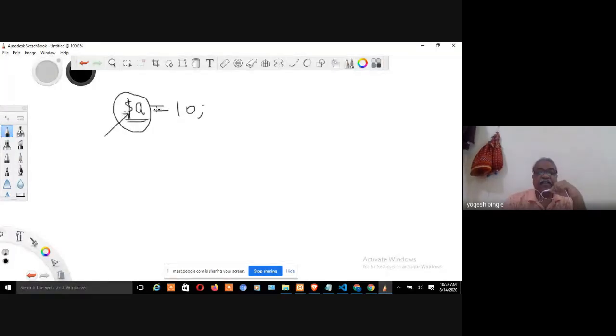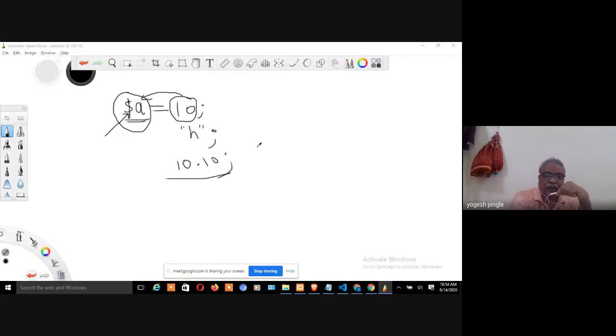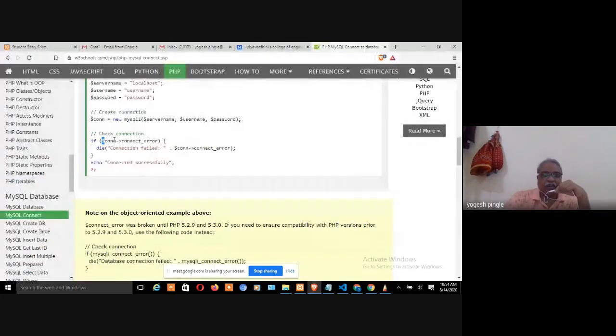Okay, it's fine. So again, it depends upon the value contents. If you are inserting 10, then this becomes an integer variable. If you are adding, let's say, a character or a string, then it becomes a string data type. If you are adding, let's say, 10.10, a floating case, inside a variable, then it represents a float or number, right? So this is how it works in PHP. Again, if you look at this particular thing, dollar con means it's a variable.